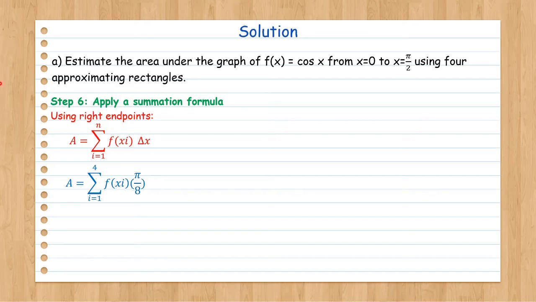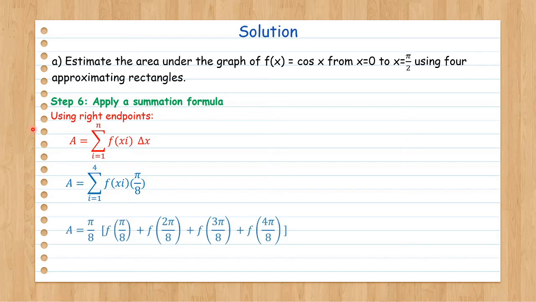So therefore I substituted over here pi over 8, and our number of partitions, we're using four approximating rectangles. So n is equal to 4, and i is equal to 1, and I'm going to be substituting my input values right now. As you can see,